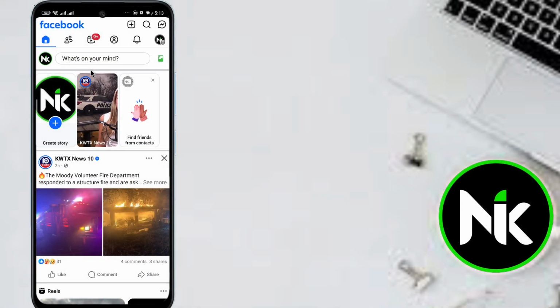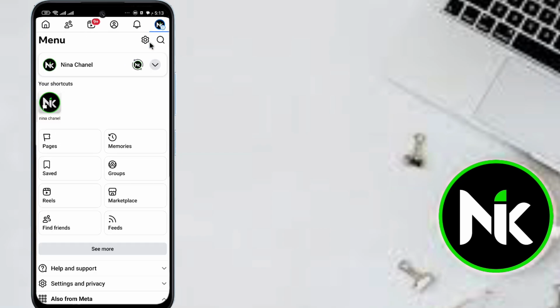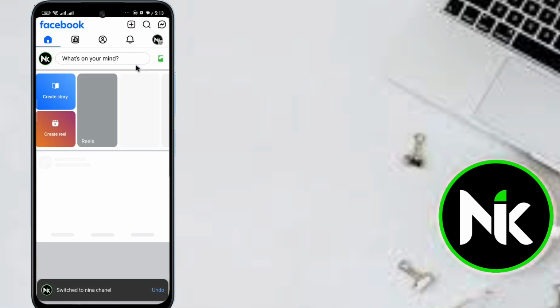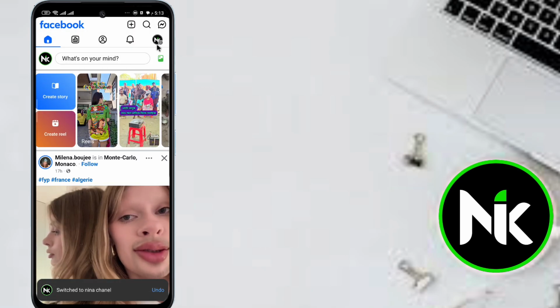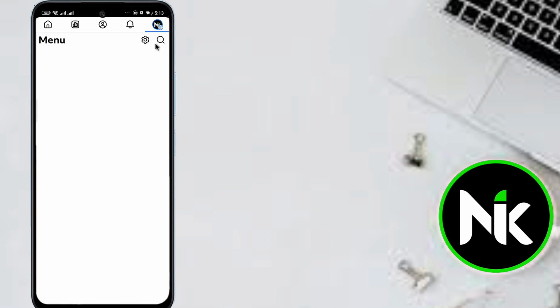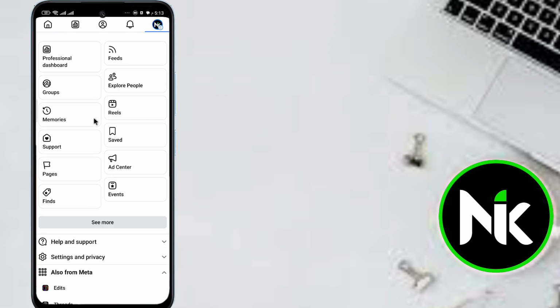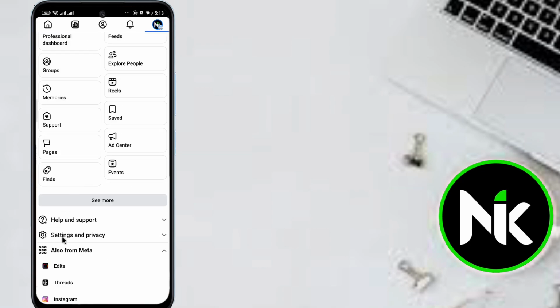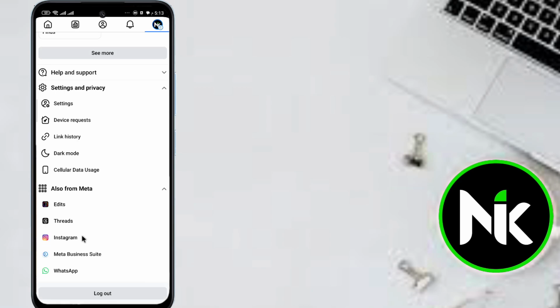Well, after getting the application, go to your Facebook page by tapping the 3 points at the top right, then tap here. Click again on the 3 points at the top right, scroll down and choose Settings and Privacy. Choose Settings,